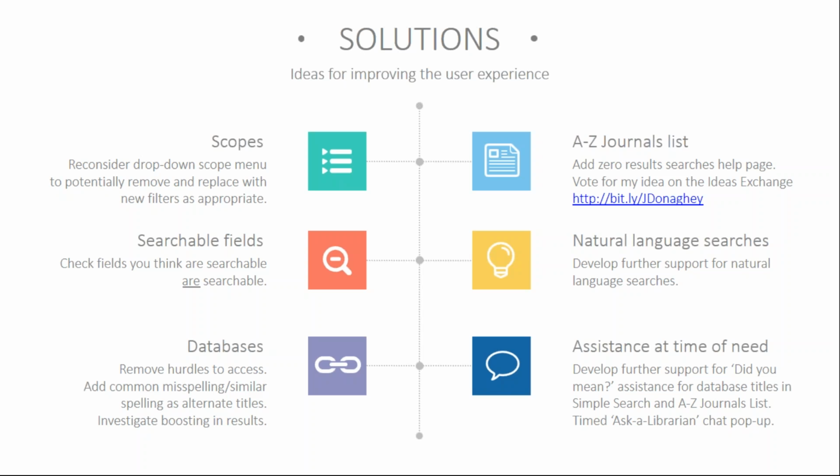So as a result of my analysis, I came up with a few recommendations, some of which we have already completed and some of which are out of our control. With the scopes, considering that a big chunk of the 0 result searches had used a scope, I would really like to reevaluate the scope menu, and we have in fact done that, considering what we're going to do for the new user interface. I do feel that in the new user interface the visibility of the scopes has increased, so it's really important to ensure that the scopes we have available are useful and will help and not hinder users in their search.